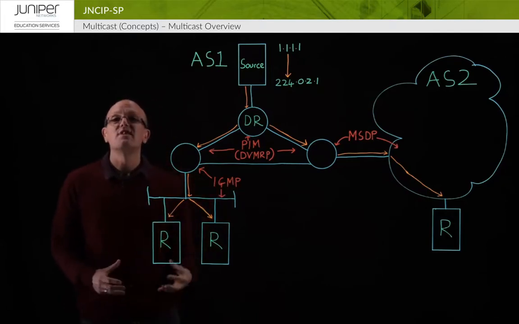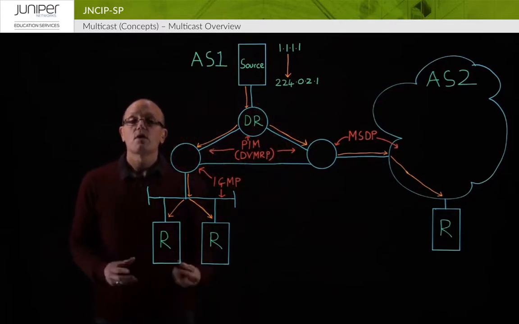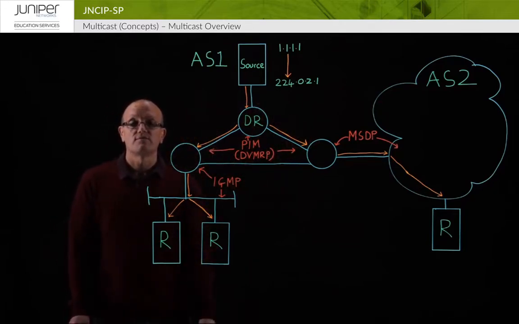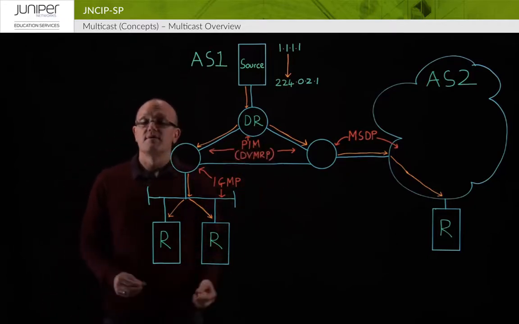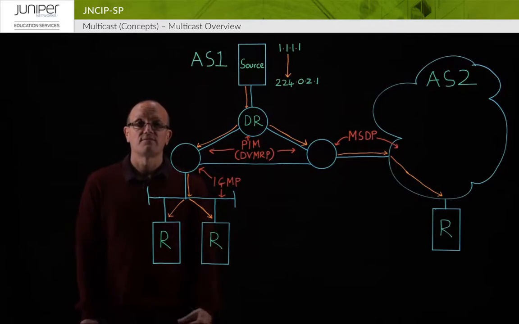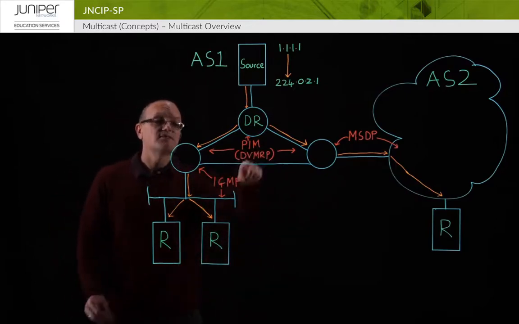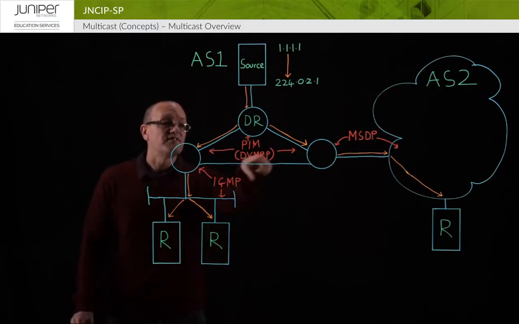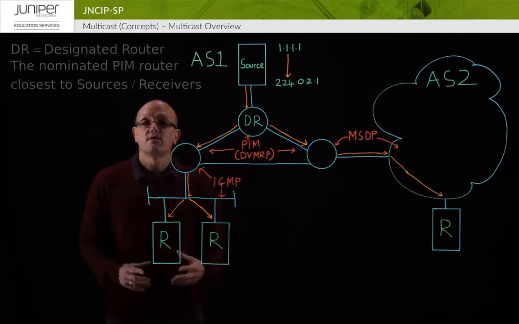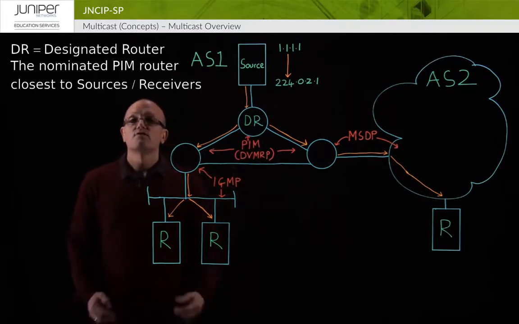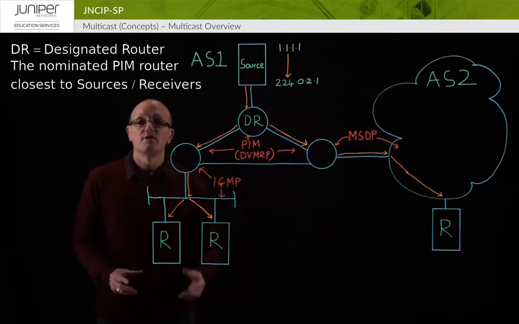Then routing within an autonomous system, we can use one of two routing protocols. Pretty much we're using one routing protocol, and this is PIM, that's Protocol Independent Multicast. There is another routing protocol called Distance Vector Multicast Routing Protocol. However, this is largely deprecated. So in subsequent videos, we're only going to be focusing on PIM. If you're running a multicast network, this is going to be pretty much the only routing protocol within your network